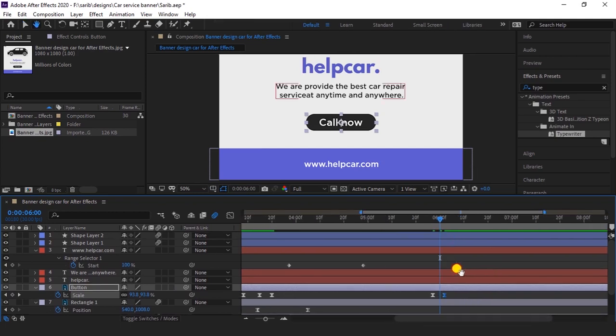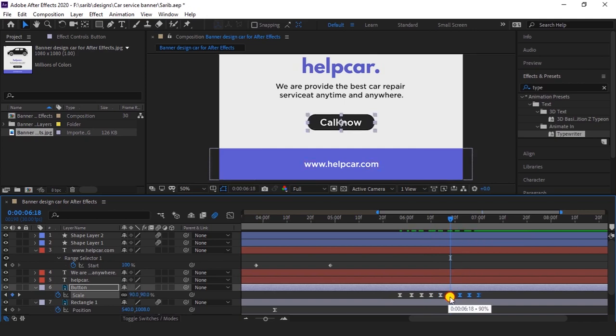Now zoom your timeline and select this key, press Ctrl C and come forward, and here press Ctrl V. Select these keys, only these keys, and press Ctrl C. Now come forward and here press Ctrl V, and now again select these keys without this one. Okay, I hope you understood. Select these keys without this one, press Ctrl C and now press Ctrl V.